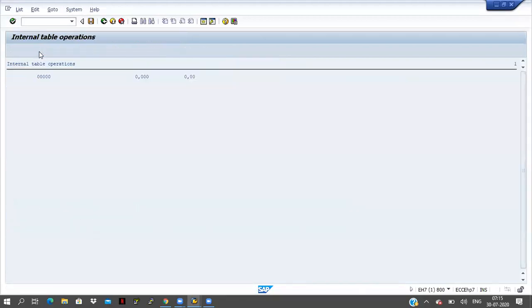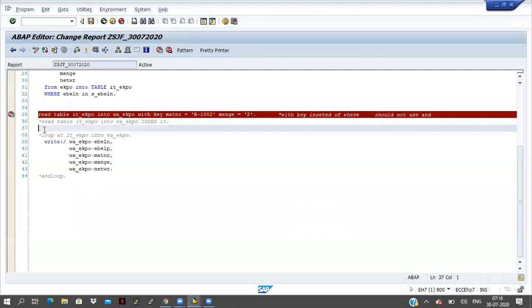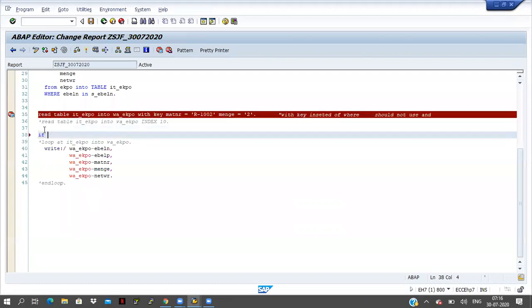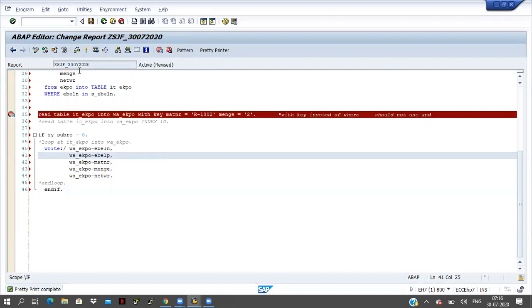In this case what we have to do, we have to write one condition here. If SY-SUBRC equal to 0, click on pretty printer, and ENDIF I am writing.